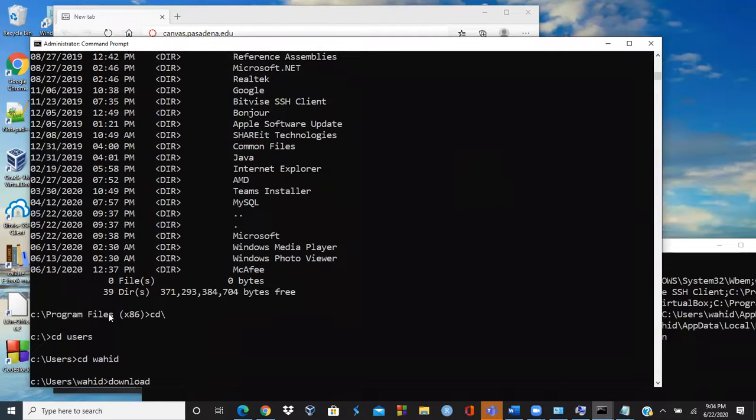I think because of this space, you had to put it within quotes. When you have the space, it did not understand it. Either use tilde number one after program, it's 8 characters, or use quotes within that, and it's going to do it. But let me just go to the downloads directory,